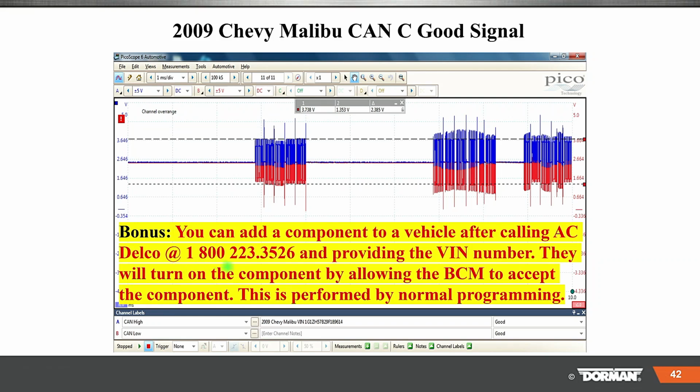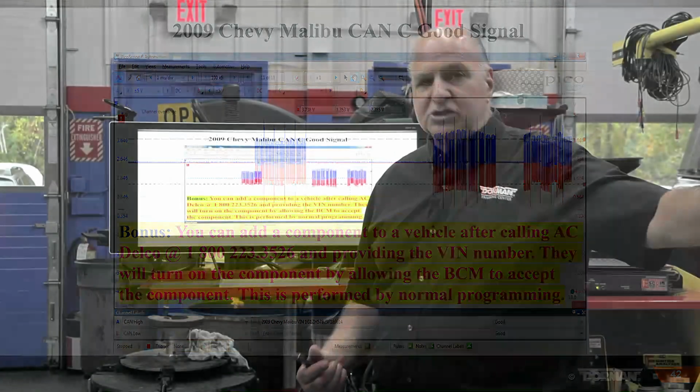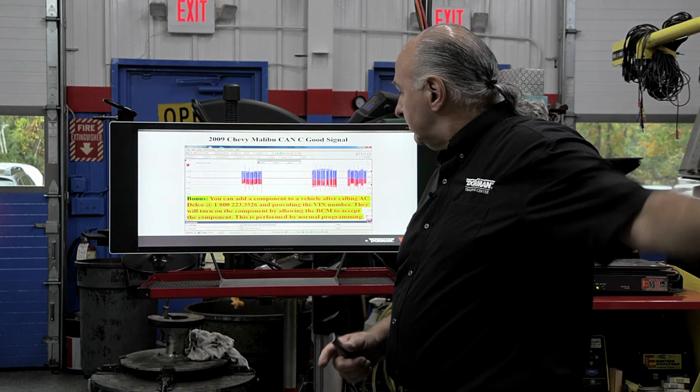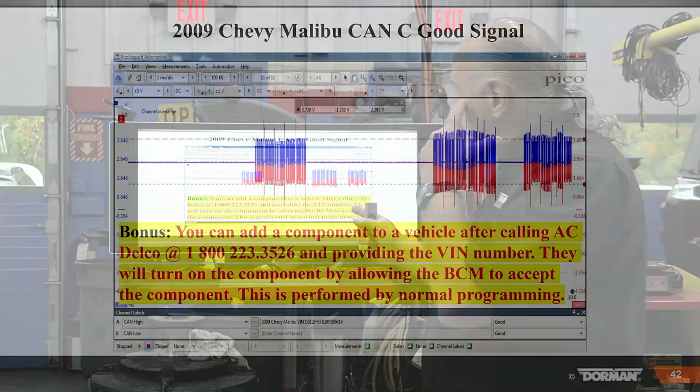Here's the number you got to call, 800-223-3526. You got to provide them the VIN number. Now, in many cases, if you replaced a module, they're going to want the customer info. They did want the registration. Thank God that was in the vehicle. And they did not ask us to get a customer signature. But if we did replace a module, then they would have wanted that. They turned on the component